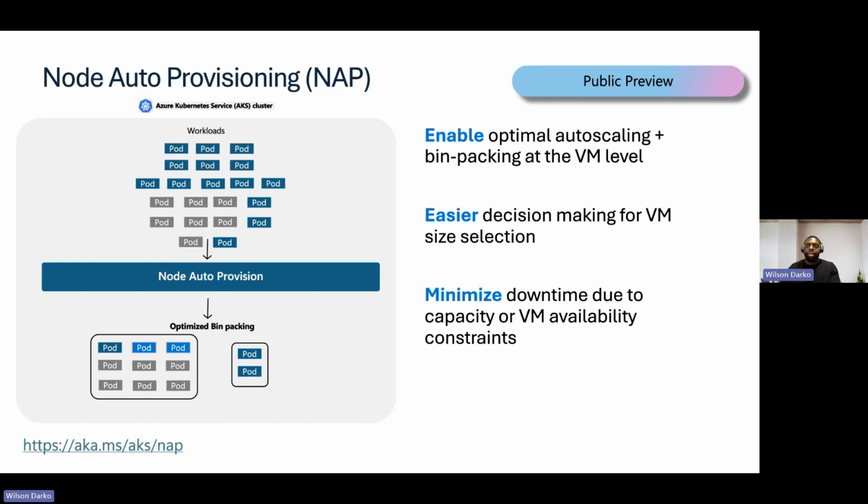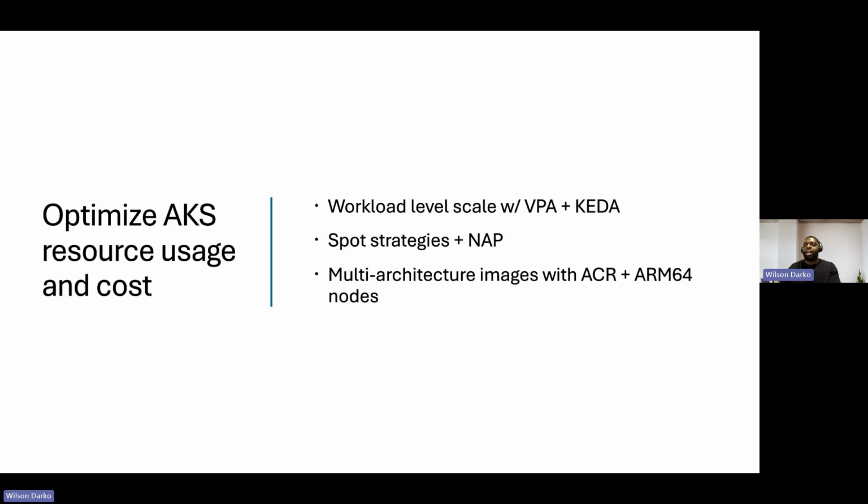So let's talk about a couple common scenarios that might come into place, right? So I mentioned how NAP works at the virtual machine level or node level to distribute your workloads and handle autoscaling at that VM level. But there might be scenarios where you have to increase your resource requests, right? Or you might have certain special events that happen that cause you to need immediate scaling or replicas of your pods. You can essentially work with node auto provision with other solutions to accomplish that.